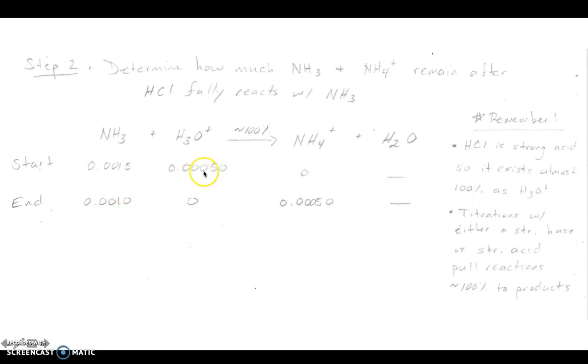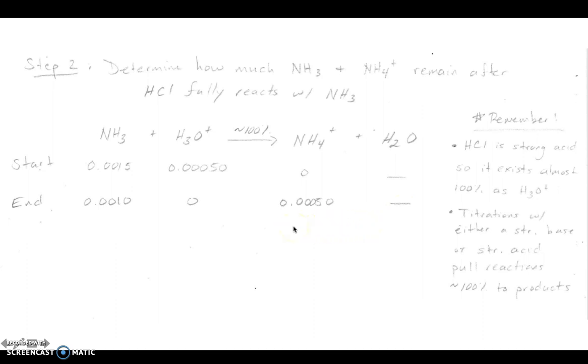Because 0.005 moles have reacted, I'm left with 0.0010 moles of ammonia, right? Because 0.0005 reacted. So I created 0.00050 ammonium. Technically, I created the same amount of water, but it's not affecting the problem overall. So what I know now